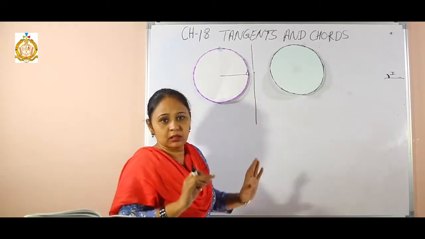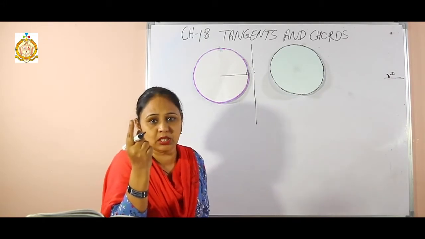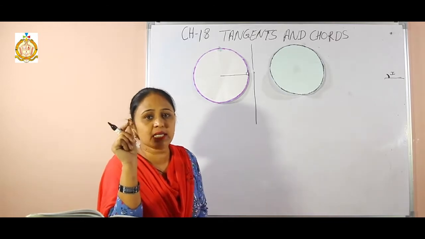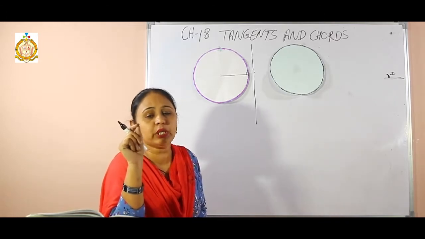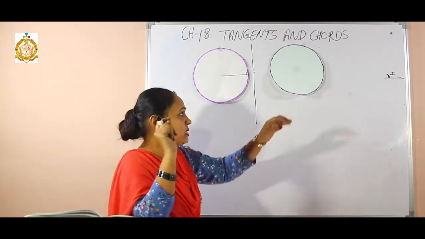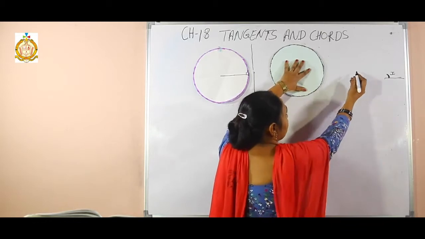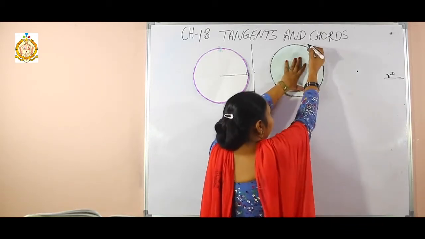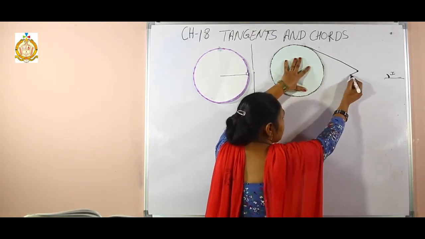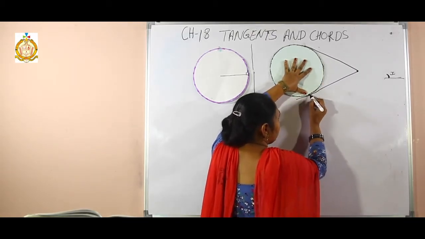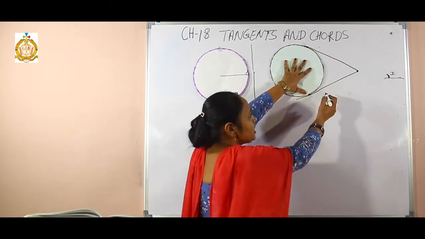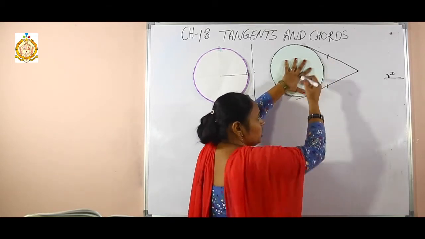There is a circle. From a single point outside, only two tangents are possible, and these tangents are equal in length. Because if I take this as my circle and take a point here, and draw one tangent from this point to the circle and another tangent from this point to the circle, there is one contact point and another contact point. That means this tangent will be equal to this tangent.